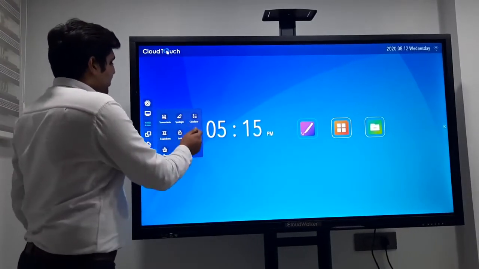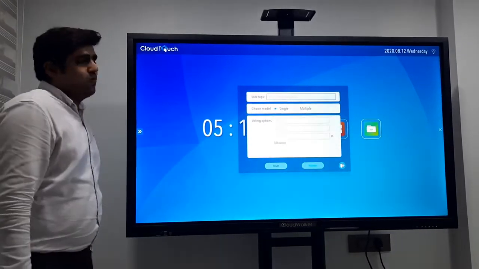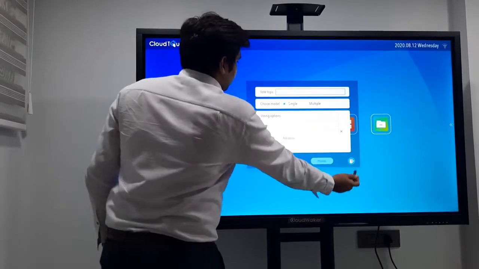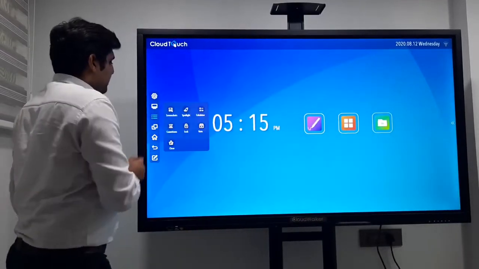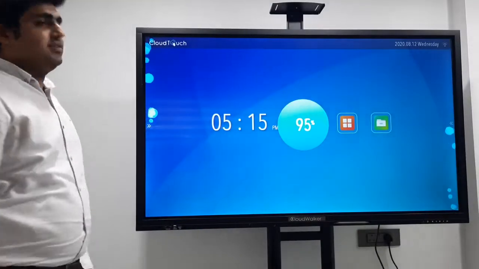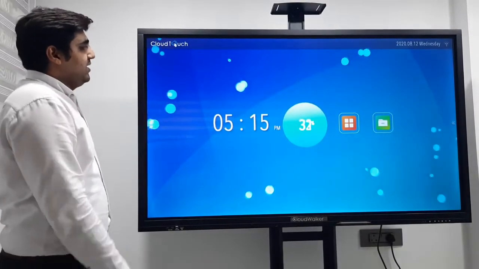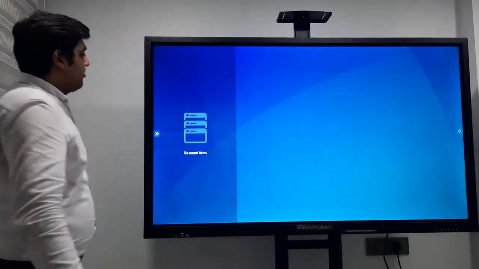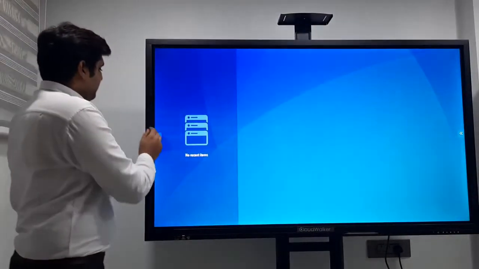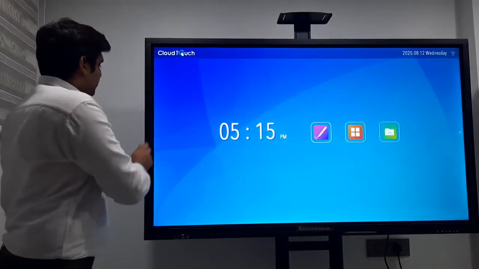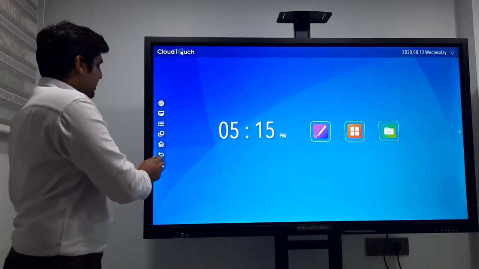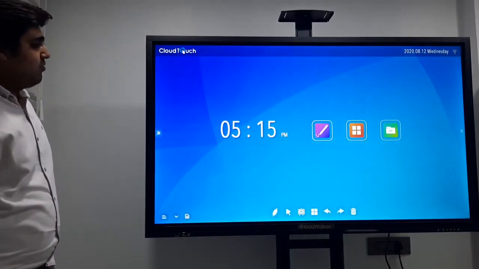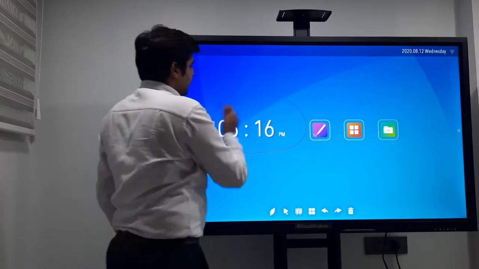There is a wording option. If anybody wants to start wording on some topics related to the presentation, they can start the wording from here. There is another option of cleaning. You can simply clean the caches from here by a shortcut. From here you can remove the recent items. There is a single back, and this is the annotation application through which you can enter the onboard annotation and you can mark over any screen here.